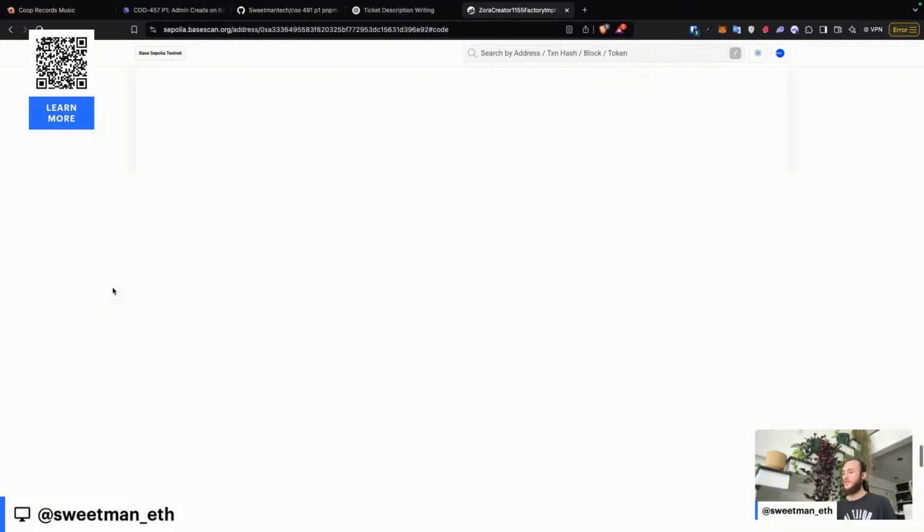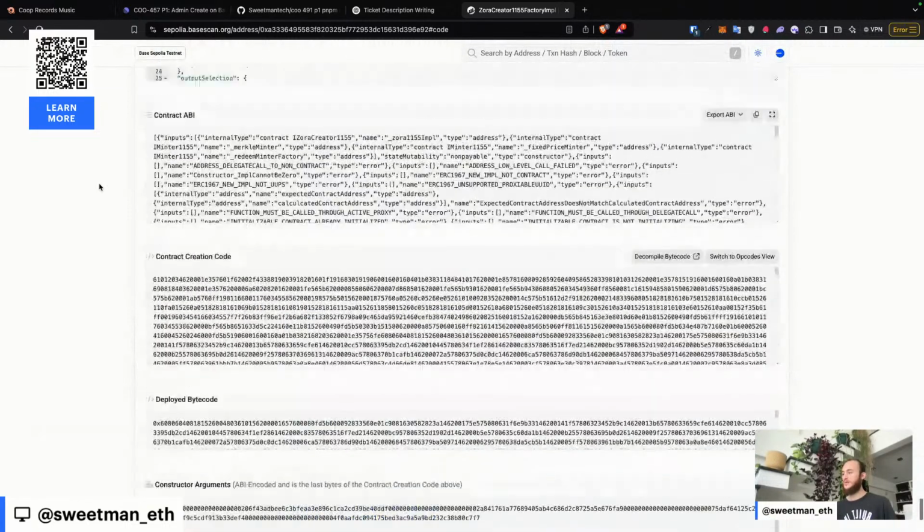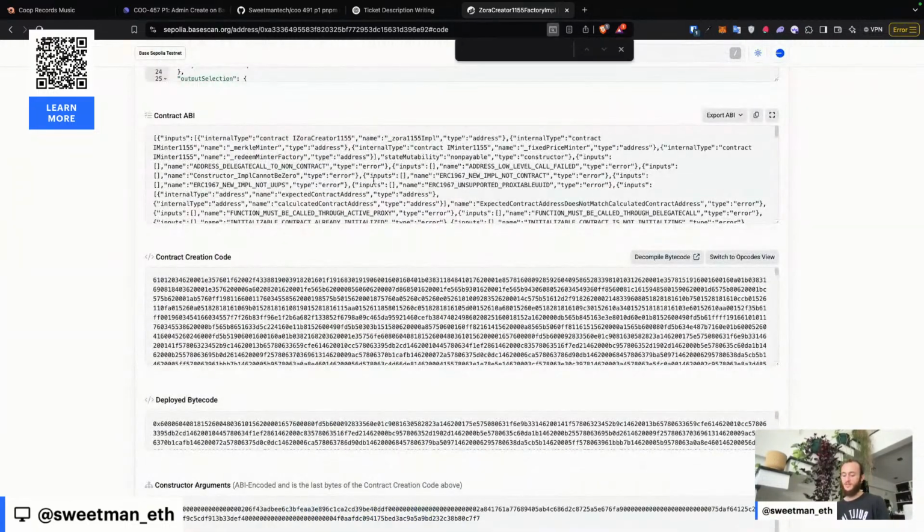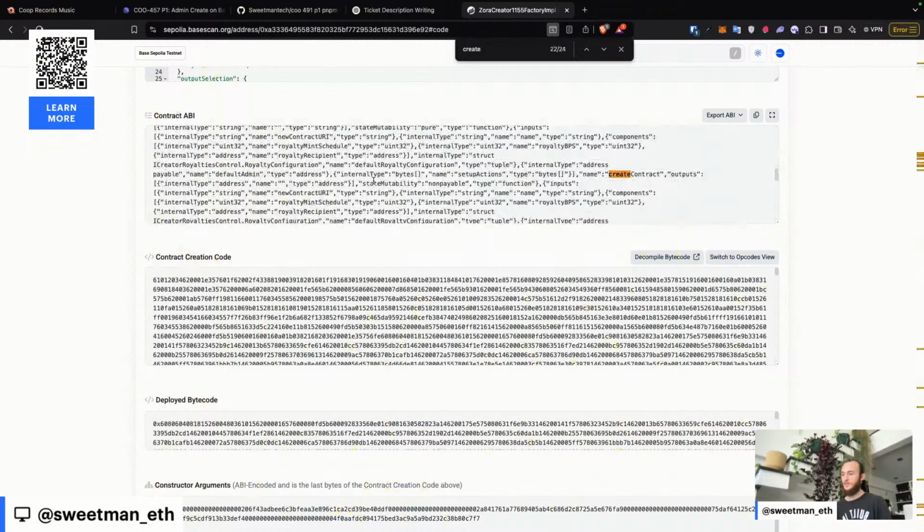We scroll all the way down to the ABI. It's going to be a massive ABI. And inside of here, I should be able to find create contract. Here's the name, outputs,